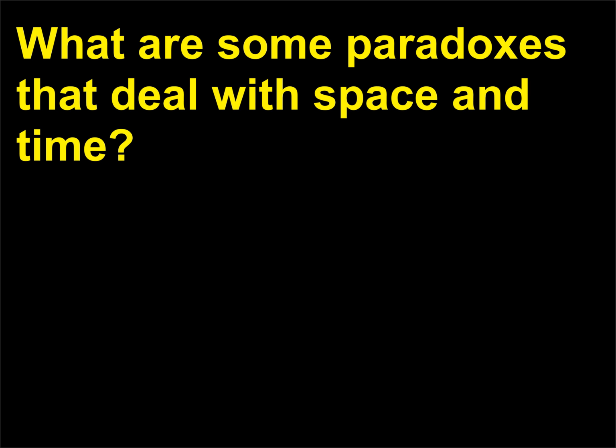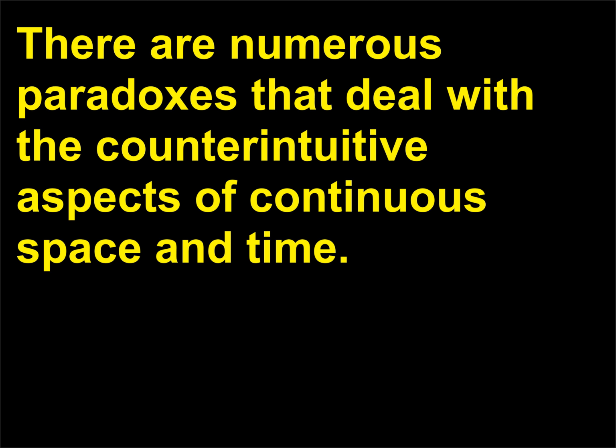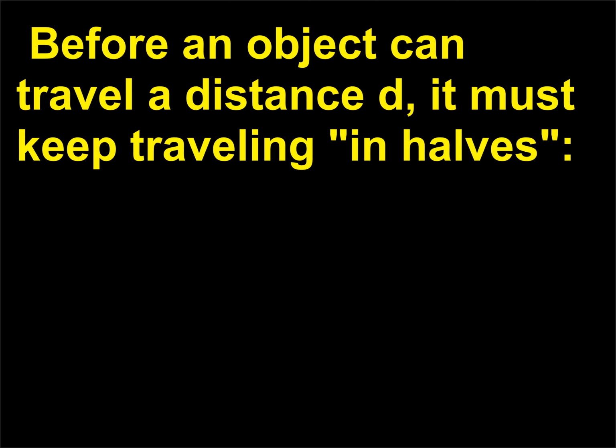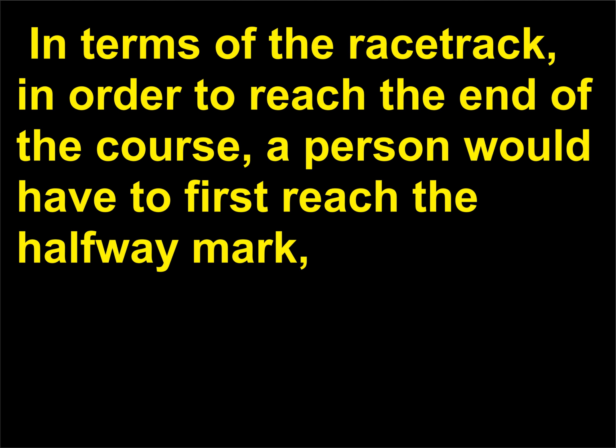What are some paradoxes that deal with space and time? There are numerous paradoxes that deal with the counterintuitive aspects of continuous space and time. One of the most well-known is the dichotomy, or racetrack, paradox. Before an object can travel a distance d, it must keep traveling in halves. In terms of the racetrack, in order to reach the end of the course, a person would have to first